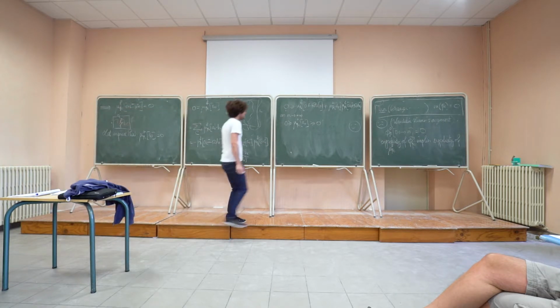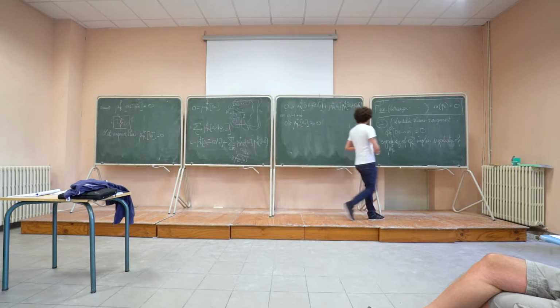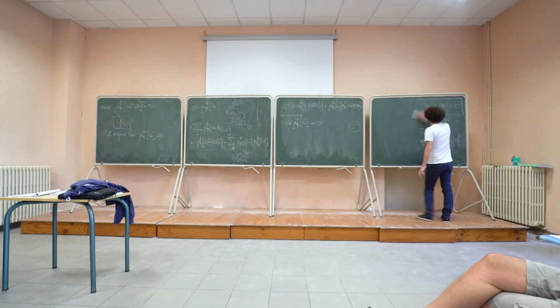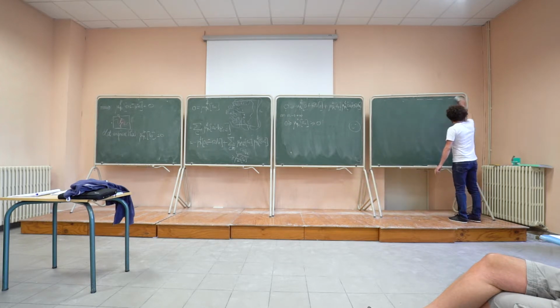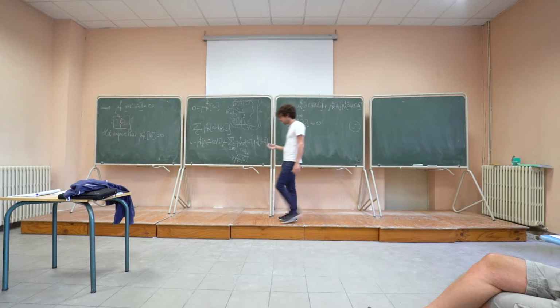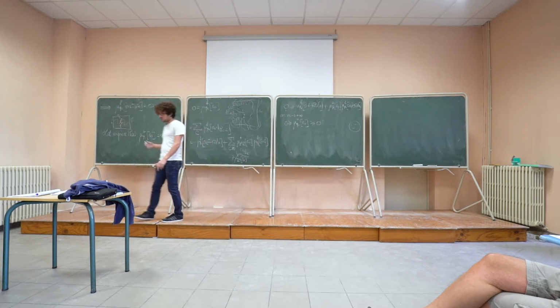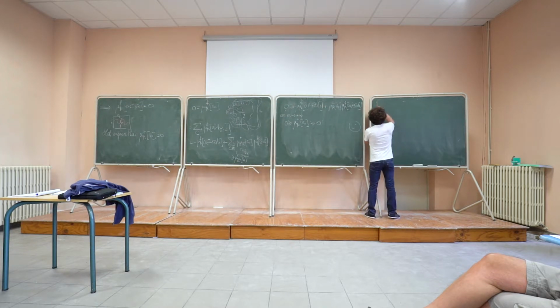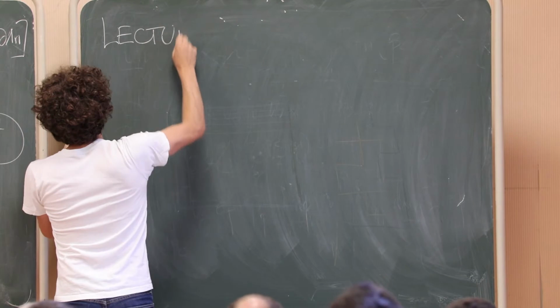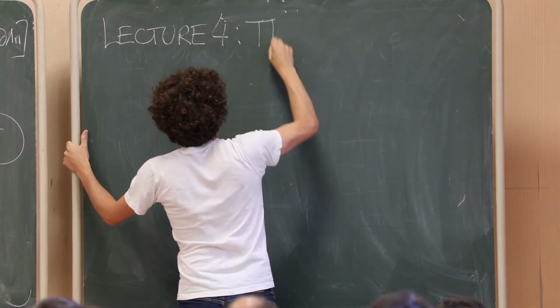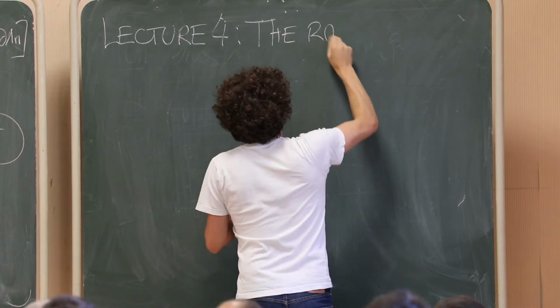Okay, that's the end of the lecture on the FK Ising model. I'm not even sure we will reuse the FK Ising model at some point, but we already proved some nice things with it. So now we are going to switch again the graphical representation and work with another one, which is called the random current model. So lecture 4. The random current model.